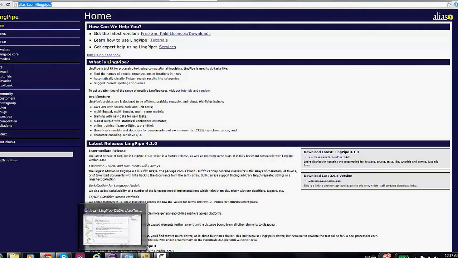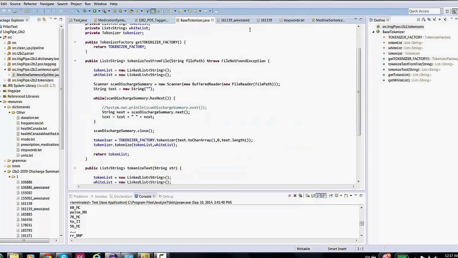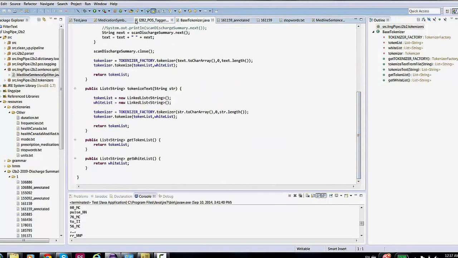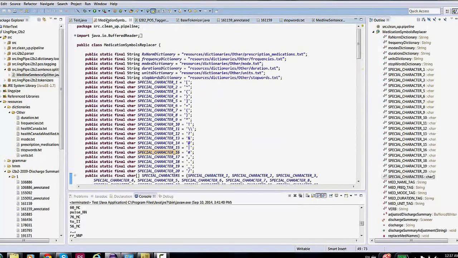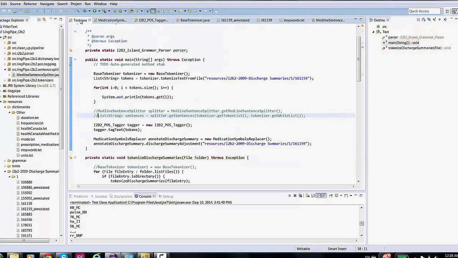So you'd have to write 3 different programs, basically one for tokenization, mine I called base tokenizer, and another one for sentence splitting, and another one for part of speech tagging. So let's run it and show you how it would